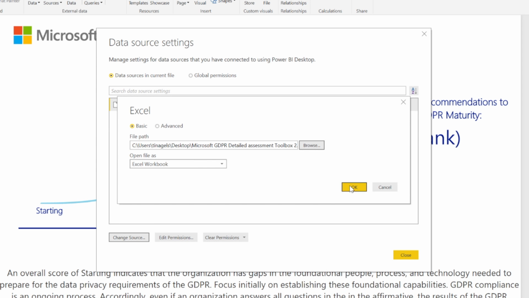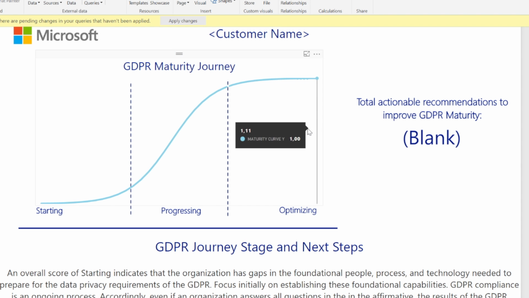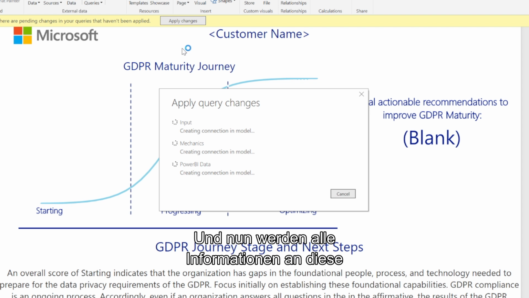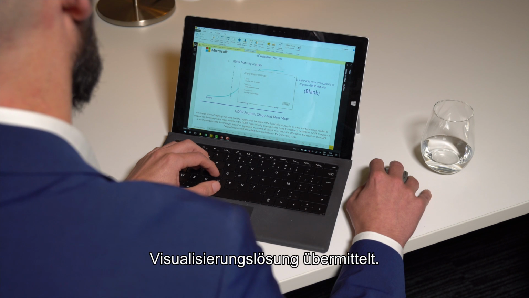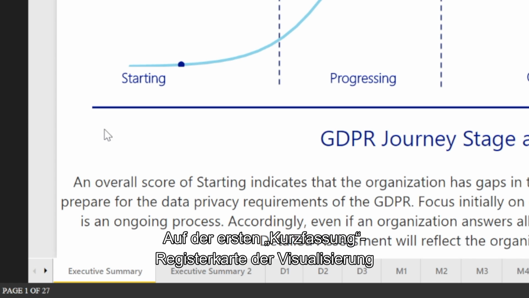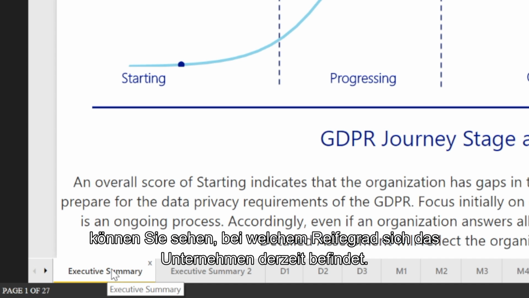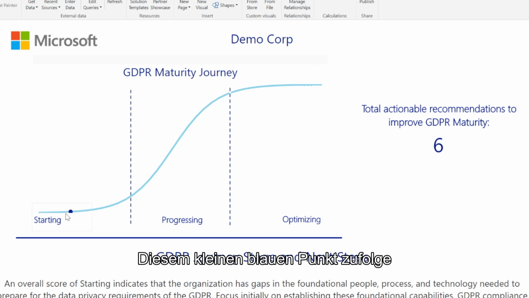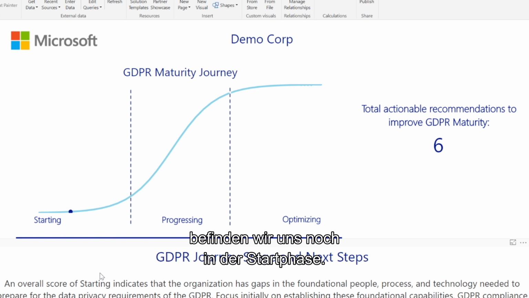I open it and press Apply Changes, and now all the information will get synced into this visualization solution. So at the first Executive Summary tab of the visualization, you see where the organization is on its maturity journey. You see the little blue dot here, and the little blue dot says that we're actually starting, which is normal